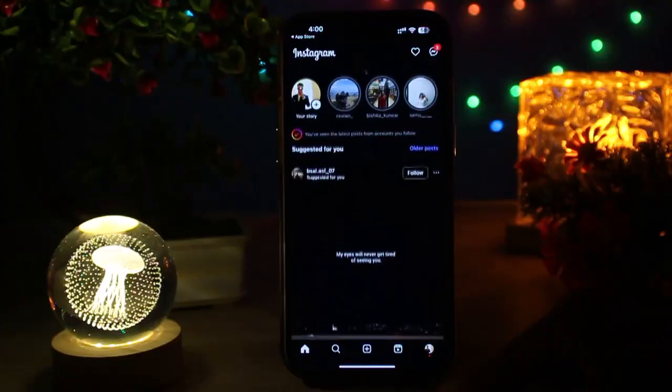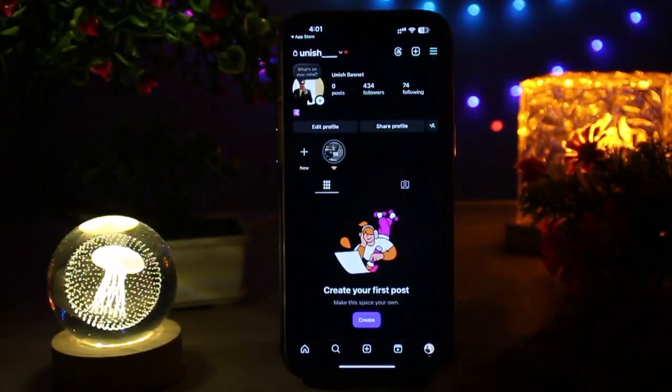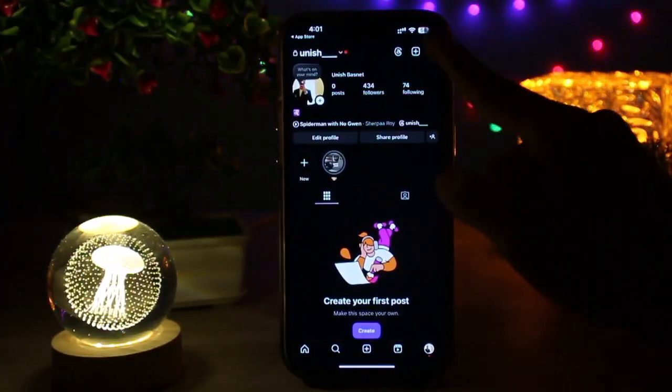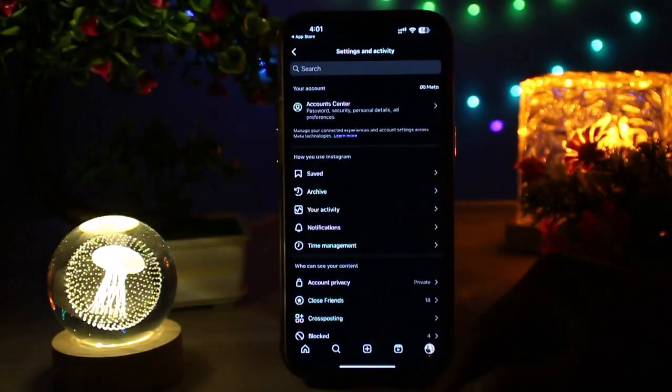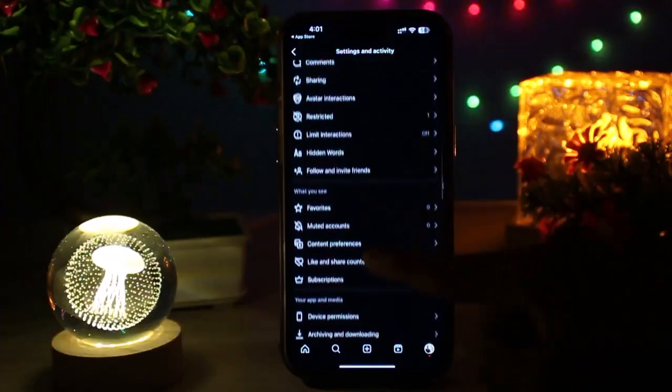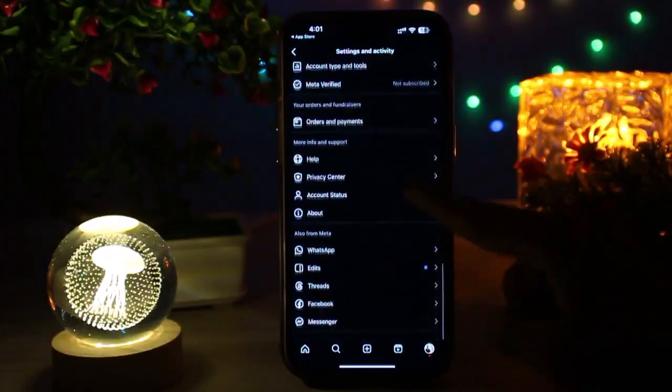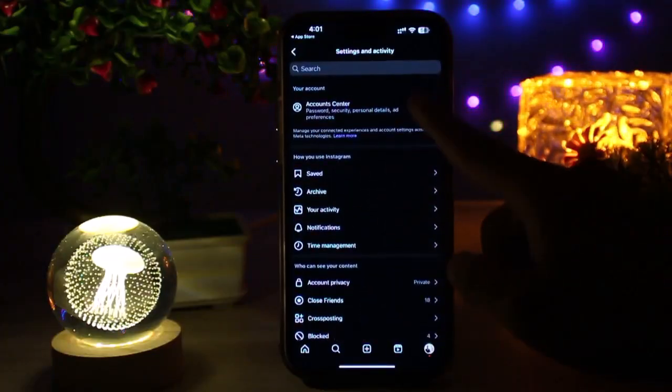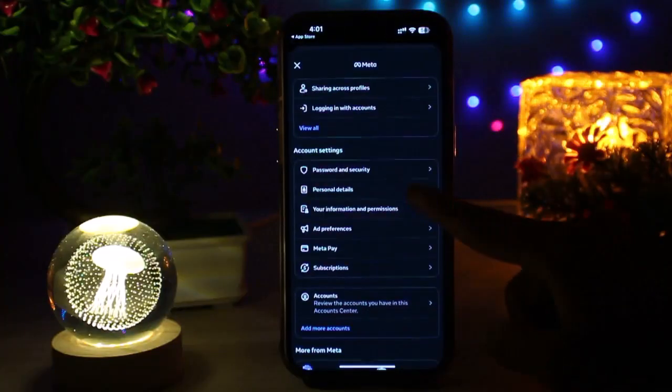After you are on your account, you can simply tap on your profile and go to the three bars at the top of your screen. After you tap here, you can go into the settings and privacy option. Scroll down and you will find the settings and privacy option over here. If you don't find it here, you can simply go to the account section as well and you can check